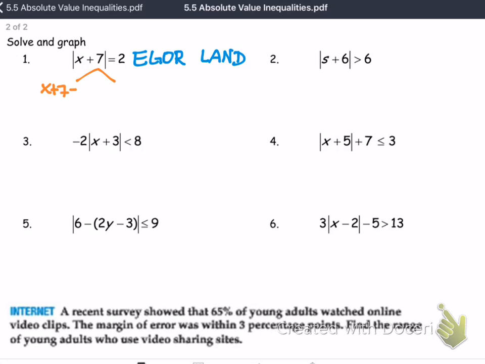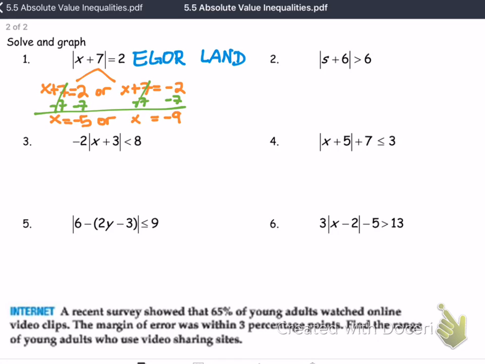x plus 7 was equal to 2 or x plus 7 was equal to negative 2. And then we went ahead and solved it, and we got our solutions as x is equal to negative 5 or x is equal to negative 9. Again, we are using our mnemonic device, the Igor land, because of the equal and the or. If we jump to number 2,